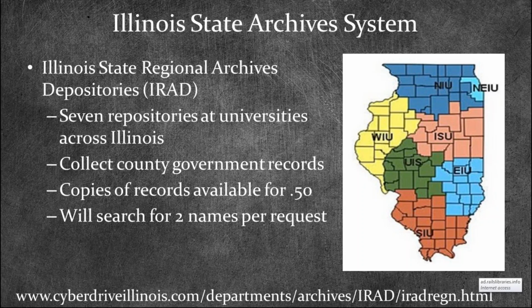The city of Chicago kept their own records and did not turn them over to the county as requested. So unfortunately, when you're dealing with the city of Chicago, you still have to go through David Orr's office, the county clerk. But what they do have at NEIU are things like Cook County voters records. They have records for Cook County Hospital. They have the admissions books up to the 1940s for Cook County Hospital.